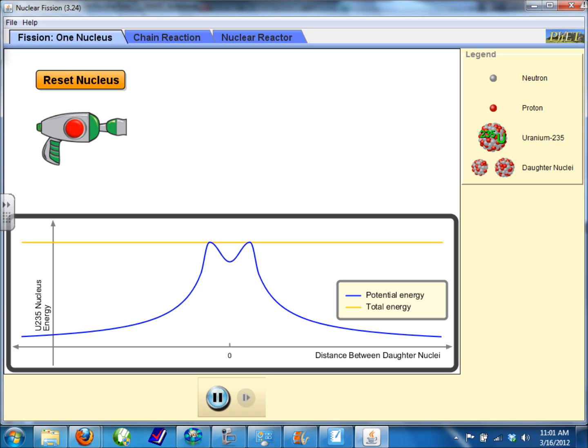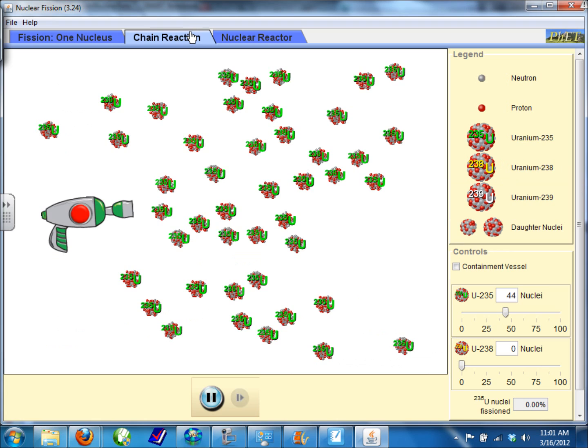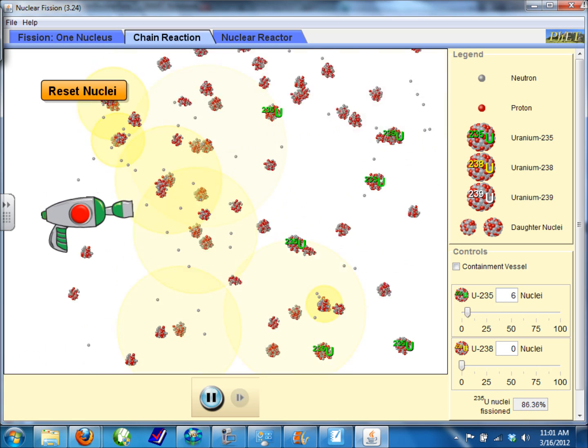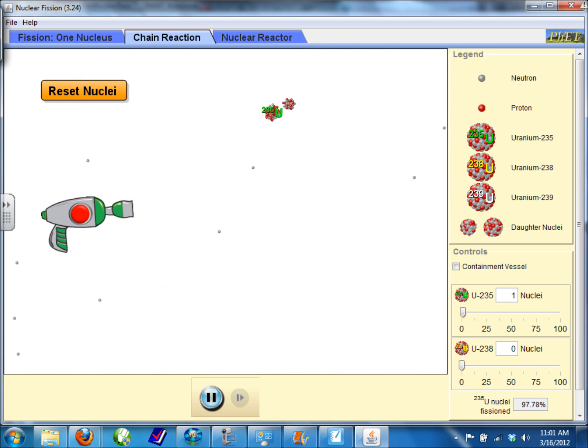Now how this would basically work in a nuclear reaction is we take a look at a chain reaction. We shoot a particle at uranium-235, and it breaks apart, which in turn breaks apart other things. And it causes a chain reaction. This chain reaction is what lets the energy out. Now, if we want to picture what this would look like in a nuclear reactor,